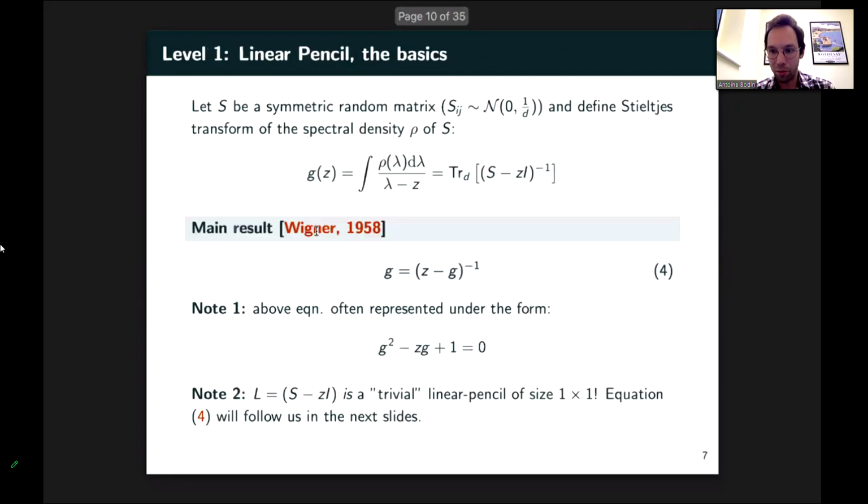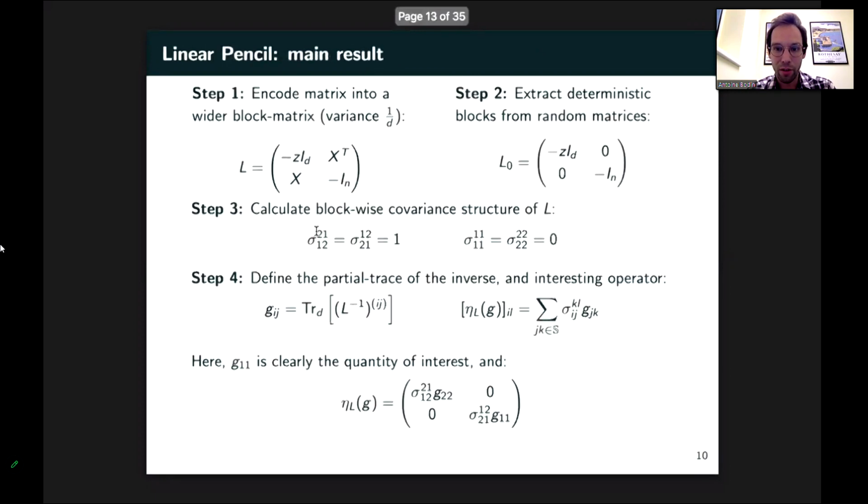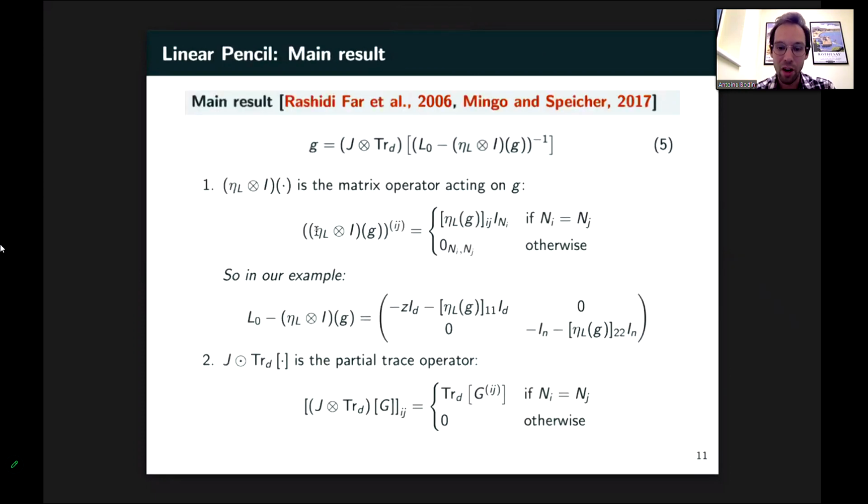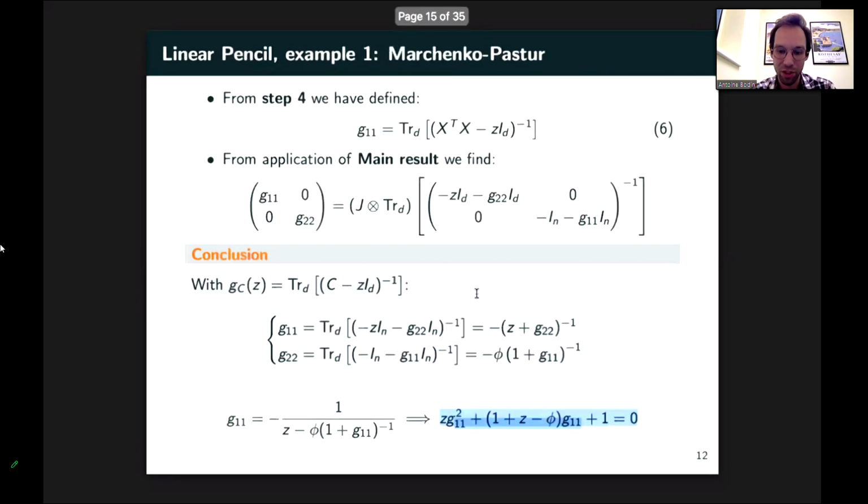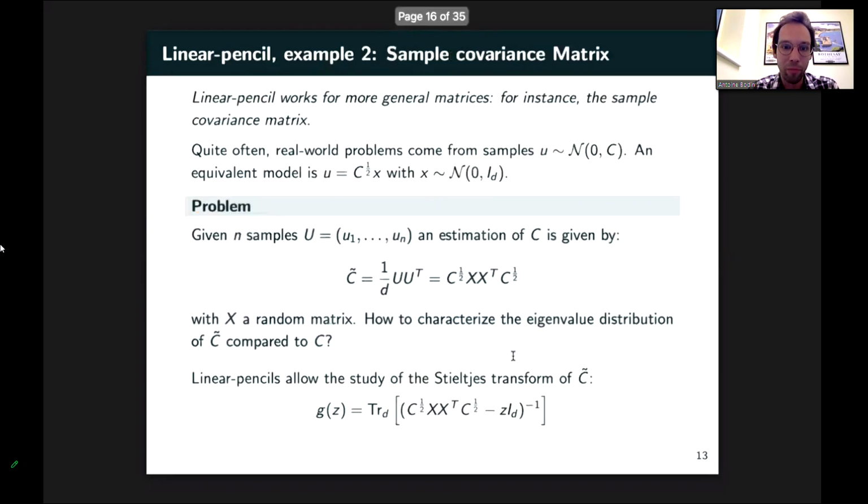So okay, it's a lot of hard to digest expressions here, but essentially it's quite a convenient way to get back results that are quite well known. And as a second example, I'd like to show you that this expression can be used in a more general context.